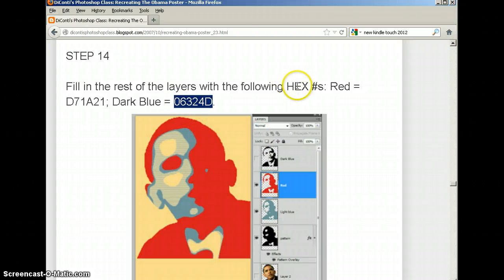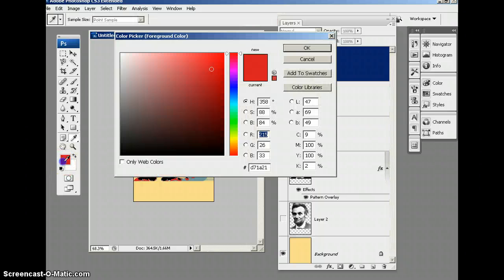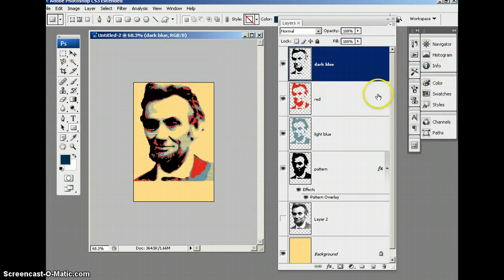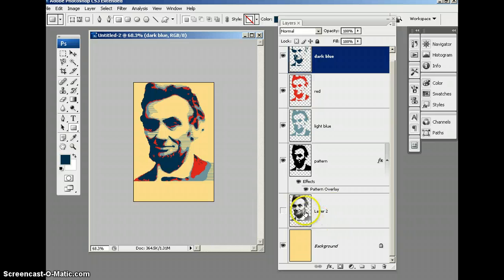I'm going to copy this dark blue value. Again, change that hex value. Control V and Shift Option Delete. Fill in that foreground color. Alright, next thing I'm going to do is go down to this layer that doesn't have the